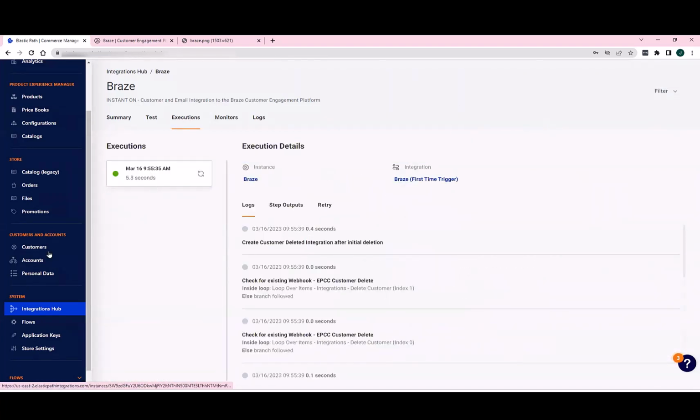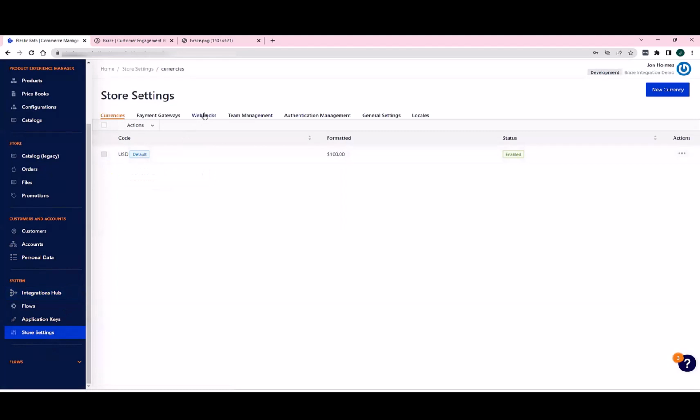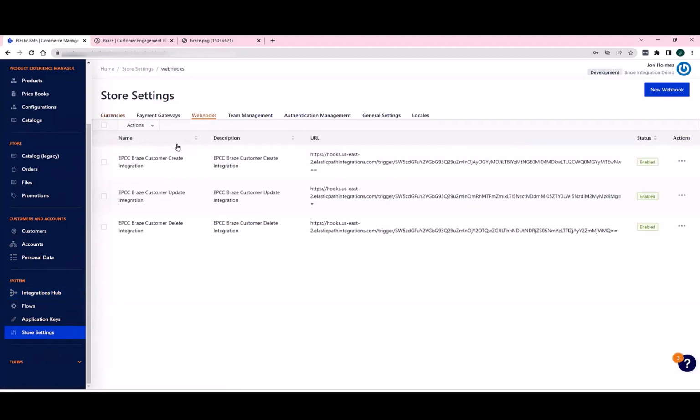So that's good. Now the way to confirm that it's set up correctly, if we go back into store settings and look at webhooks, we can now see one for customer creation, one for customer update, and one for customer delete. That's the point at which we're going to look a little bit more about the logical flow of how